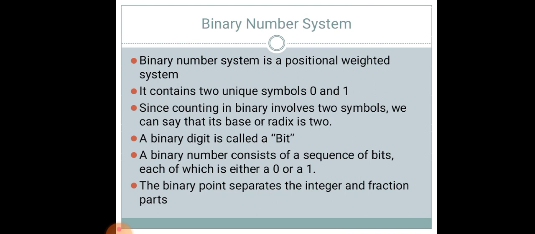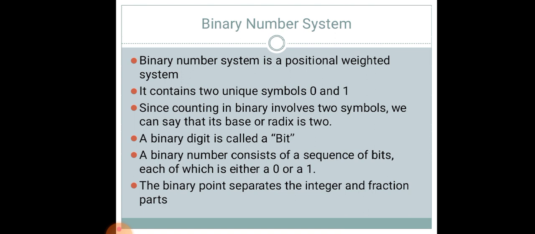Then the binary number system. The next number system is the binary number system. The binary number system is usually always used in a computer for operations, right? As we discussed yesterday, the computer only understands machine level language, and machine level language is nothing but a series of zeros and ones. Whatever data we put inside the computer as input, all that data is converted into machine level language, which is nothing but a series of zeros and ones, right?